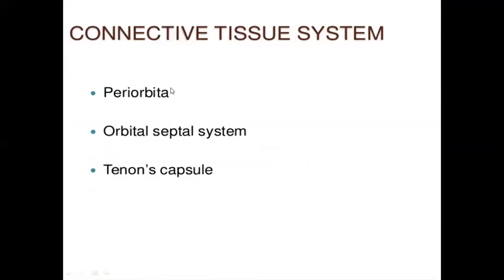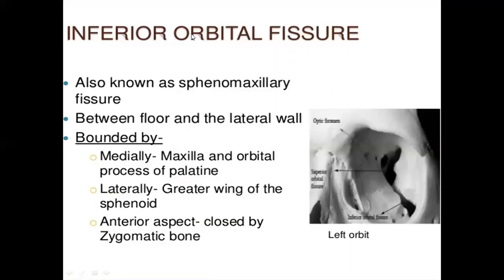Next one is about the connective tissue septa. Apart from these fissures and foramens, there are also other foramens which are present over the orbital cavity. They are the anterior and posterior ethmoidal foramen, through which the orbital cavity communicates with the anterior cranial fossa, and that allows the anterior and posterior ethmoidal nerves and vessels to pass through. Then the next one is the supraorbital notch, which allows the supraorbital nerves and vessels to pass through, and the infraorbital foramen, which allows the infraorbital nerves and vessels to pass through.